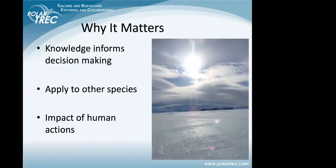Yeah, the reason that people ask us all the time is, why do we do the work that we do? The Antarctic fishes are a really good study system for understanding how animals cope with change, because they haven't had to for the last about 10 million years. And so if we can understand how they are not able to cope with change, we can then look at other species. I see that there are people in Chicago, so we could look in Lake Michigan. There are people from California on here. We can look in the Pacific coast. We can look in the Atlantic Ocean